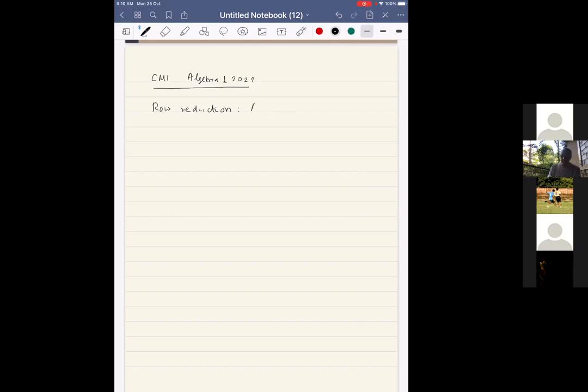It's an algorithm whose input is an m cross n matrix A,